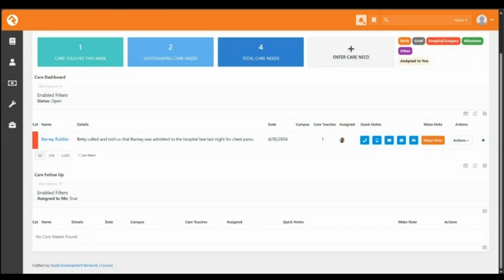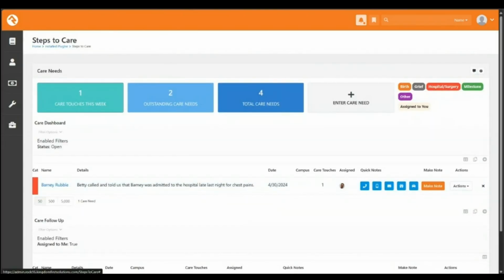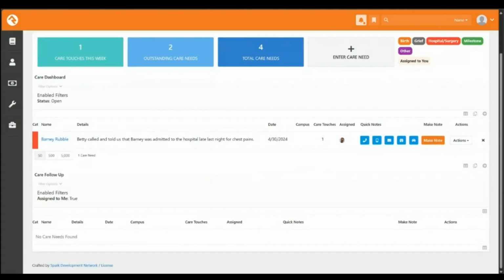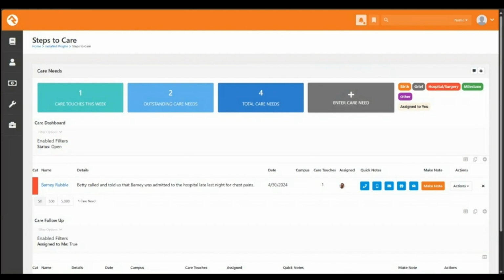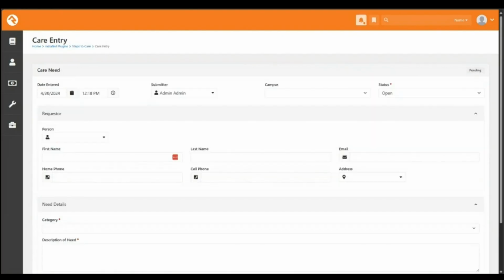And from there, that is the basic functionality of a single care need that gets assigned. Then there are some settings on the job as well as the dashboard that make sure that you have a minimum number of care touches, and then the automatic follow-up that we can go over in the next section. But first, I'm going to show you a real quick example of an additional